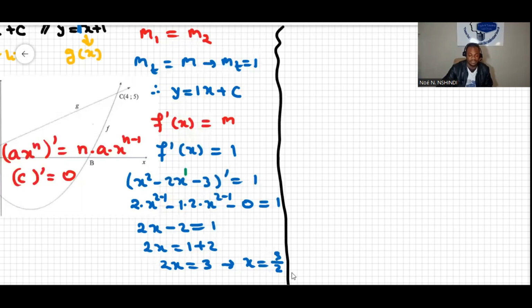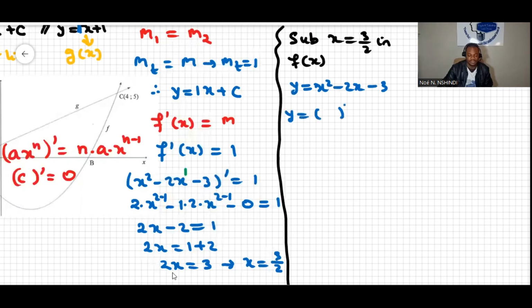We're going to sub x equal to 3 over 2 in the equation of the parabola, f of x. So this will be y equal to x squared minus 2x minus 3. Let's sub in the value of x, 3 over 2,